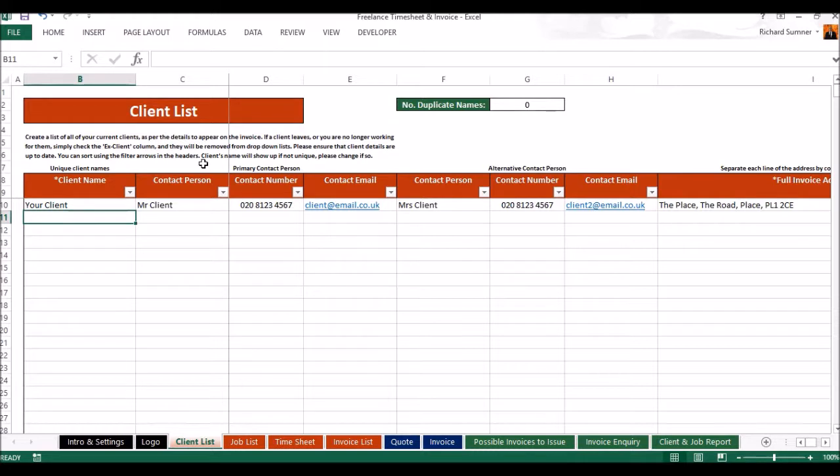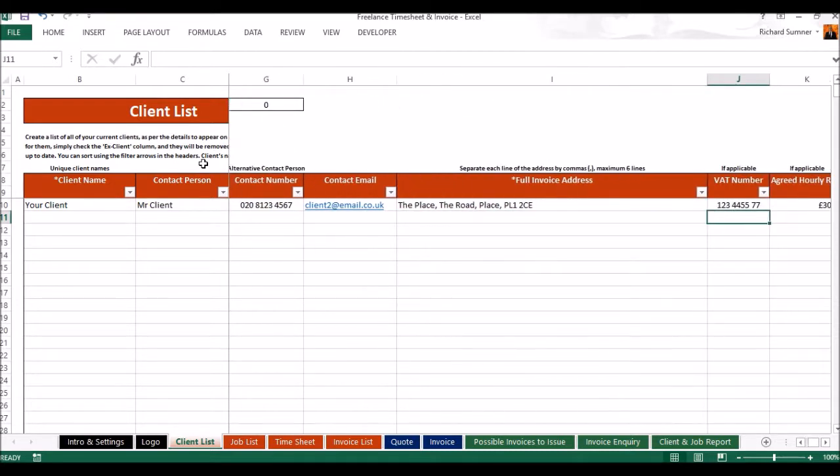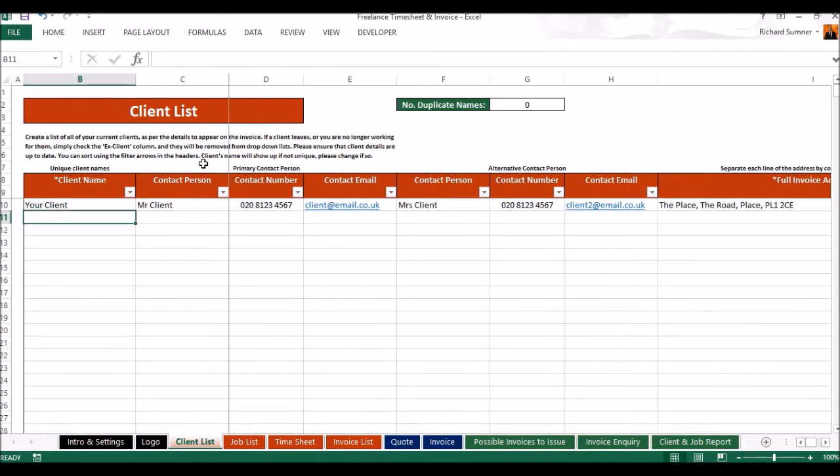Because obviously when you want to send them a quote or an invoice, you want to have their address and things like that on the quote and what have you. So what we're going to do is, I've already added a fictitious client. I'll just add a new one. So if you say the new client name is, well, we'll put new client, and we'll put in something different, Mr. Customer. You can put in a contact person, you can put in their telephone number,